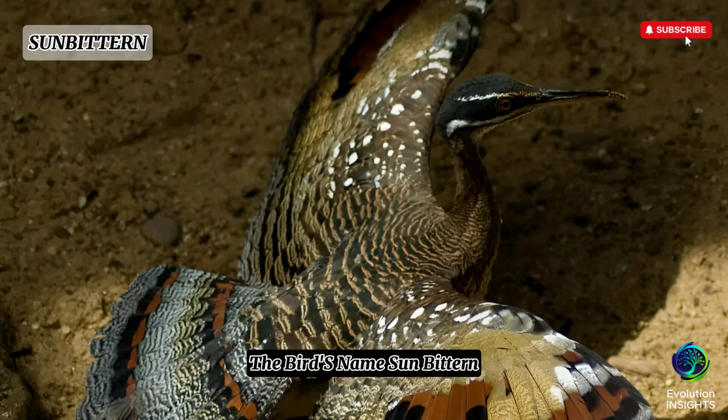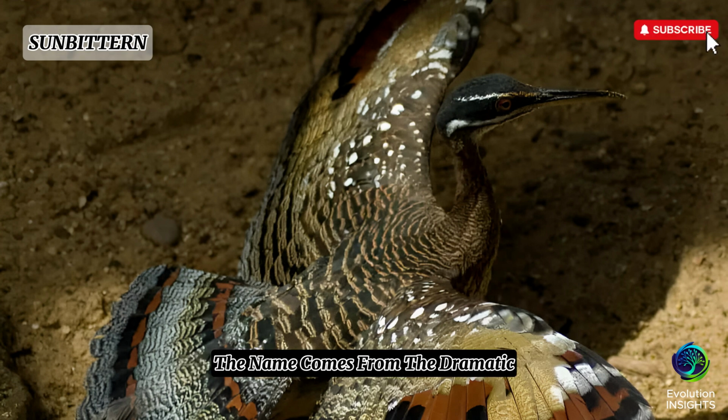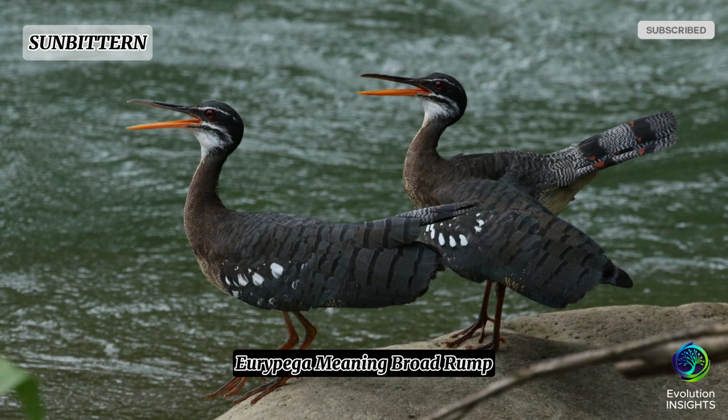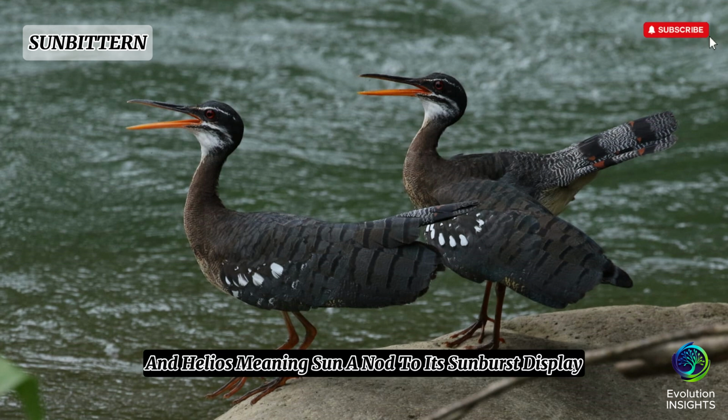The bird's name, sunbittern, may be misleading since it is not a true bittern. The name comes from the dramatic, sunburst-like appearance of its wing markings. Its taxonomic name, Eurypyga helias, reflects this too. Eurypyga meaning broad rump, referring to its wide tail and rear feathers, and Helias meaning sun, a nod to its